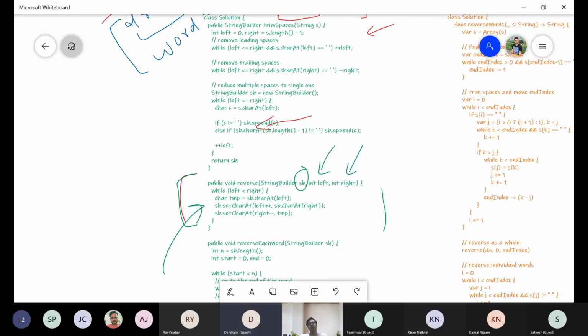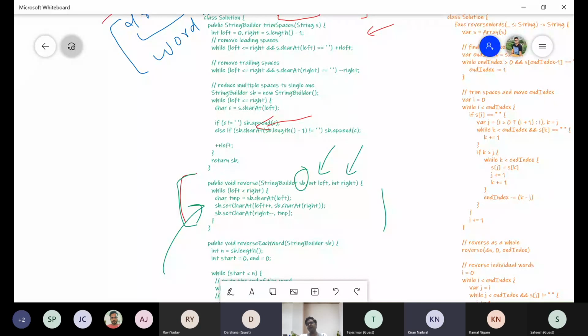Then from the second while loop, we find out where the end of the string will be if we do not consider the space. So we got two pointers, left and right, which indicate the start and the end of the string, not considering any leading or trailing spaces. Now we have only two pointers. Remember, we do not modify the string.